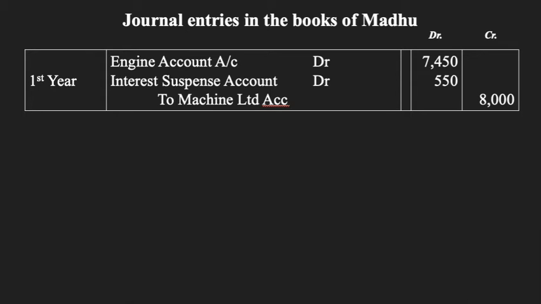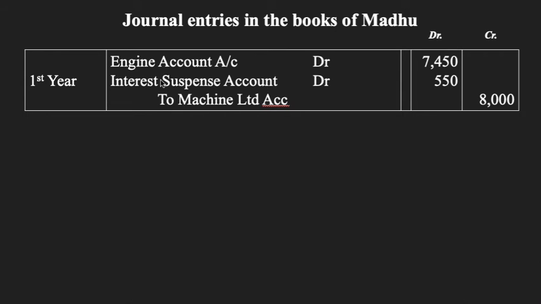Here the main objective of opening this account in the books of both the parties is that the total interest of all the years is calculated and then adjusted to this account on the date of signing the agreement by both parties, be that the vendor or the purchaser, right? Then at the end of each year, the interest which is accrued in this account is ascertained and then transferred from this interest suspense account to the actual interest account. Got it? And one more piece of information is that interest account is a nominal account, and we close it by transferring all that interest to the profit and loss account each year.